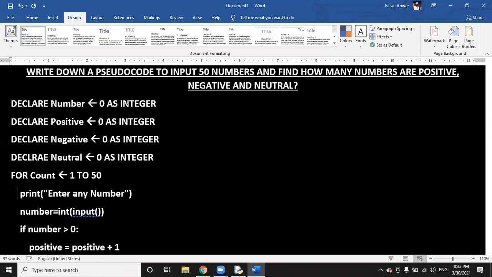Then print "enter any number", it will remain the same. The input statement will work as input number.